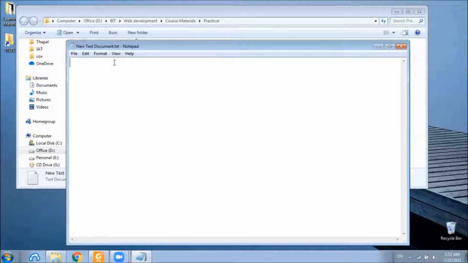As you have learned in the previous lecture, we should start with the doctype declaration. This declaration right here specified this document as an HTML5 document. Then we start with the HTML tag, followed by the closing HTML tag. Between these HTML tags, we can specify what are the sections we need in this HTML page.